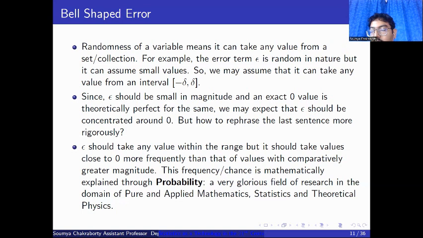That is, with more chance epsilon should be around minus 0.1 to 0.1, rather than in the interval 5 to 10 or minus 5 to minus 10. Now this chance is